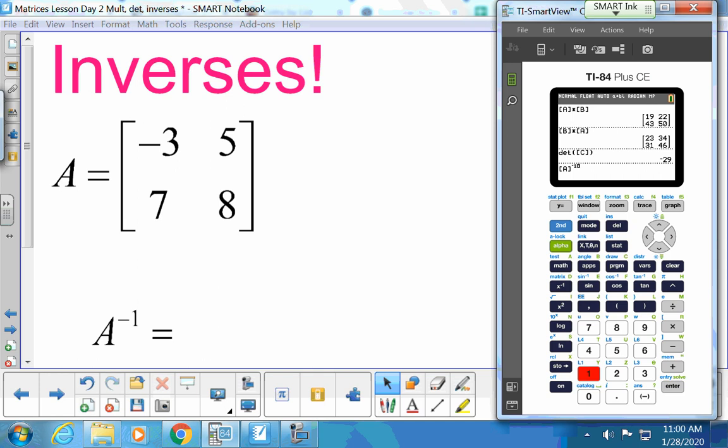Oftentimes, inverses are pretty yucky and full of decimals. So I'm not even going to write it down, but my inverse is full of yucky decimals because to get an inverse, they switch numbers around and divide everybody by the determinant. So they divide everybody by a negative, pretty large number. Whatever -24 minus 35 is. Wait, so I did it, I put that in my calculator. Yeah. And then, so I put that in my